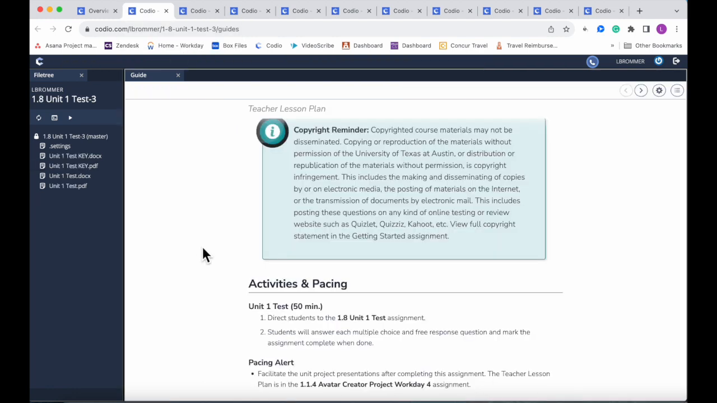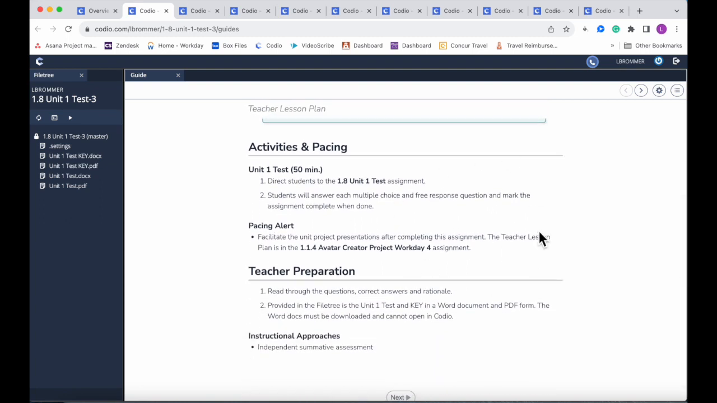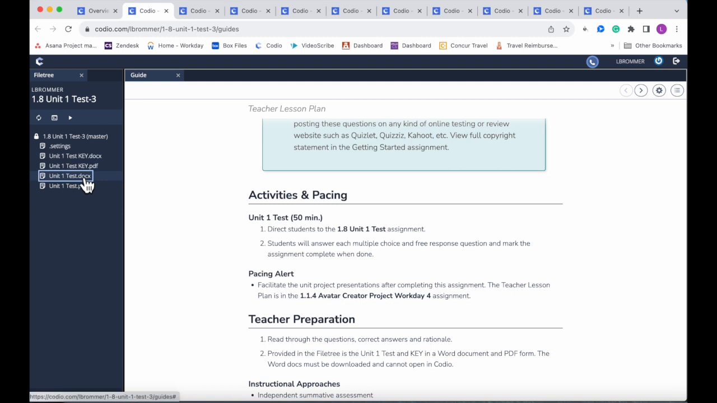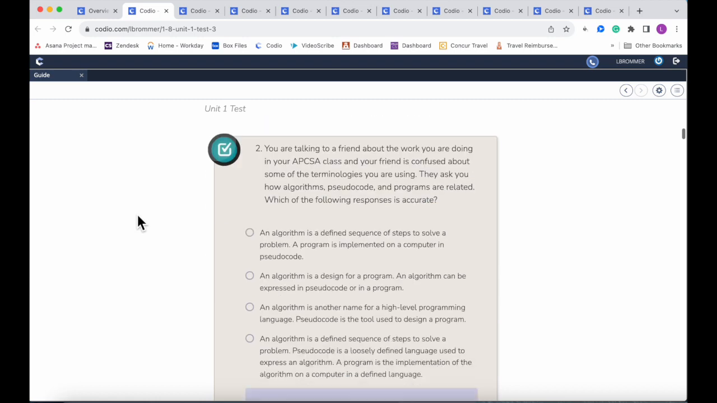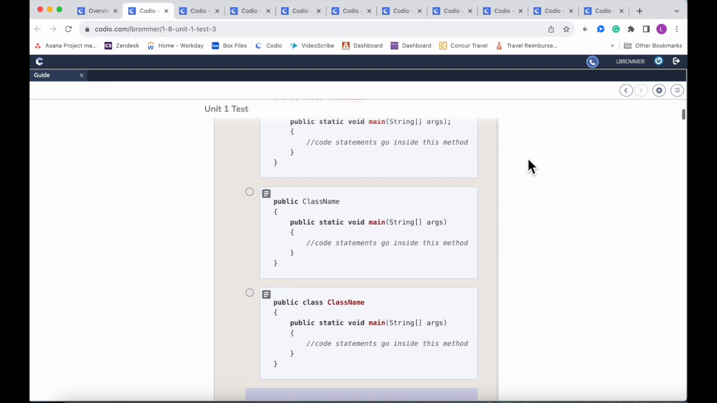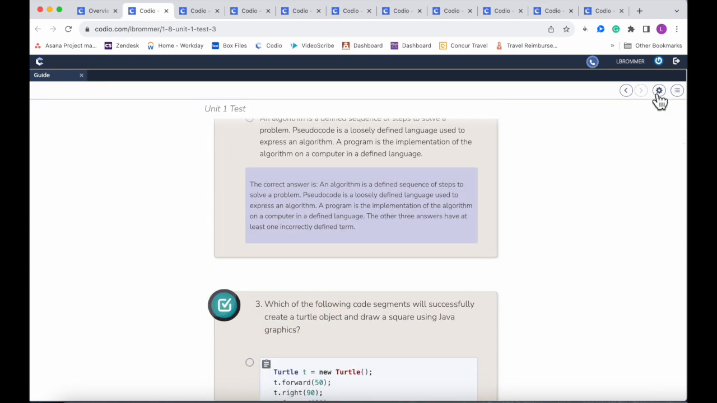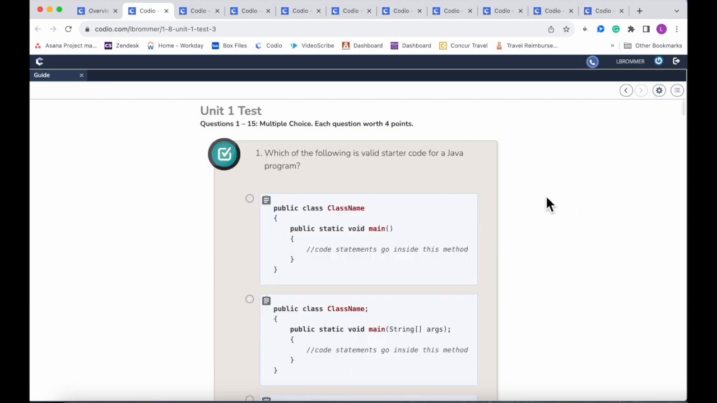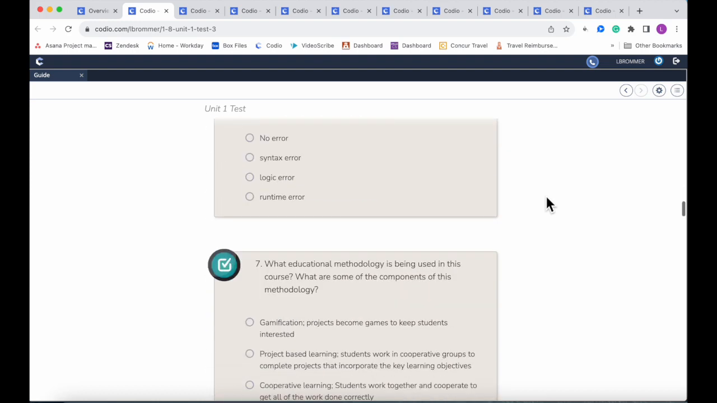And then we have the Unit 1 test. All the tests are going to basically have the same thing. We do provide a Word doc with a key if you would rather do it on paper, but they're just auto-graded multiple choice questions based on information in the unit. This again is teacher view, so you're going to see the rationale for each of the questions. If you turn that off, you'll see what students see. So they'll go through, mark the right answer, and then